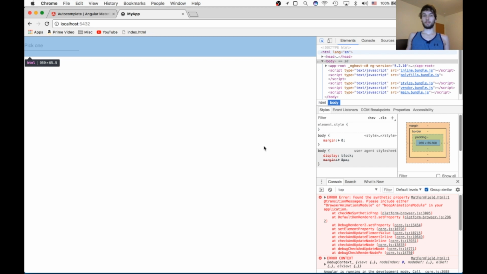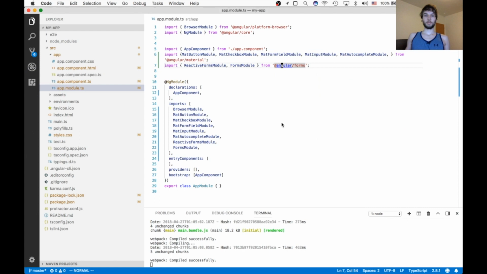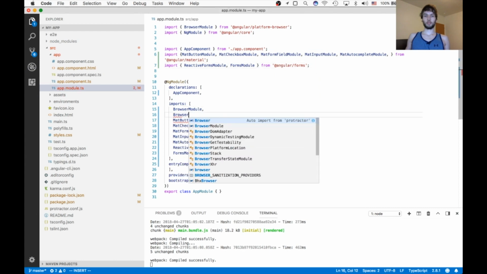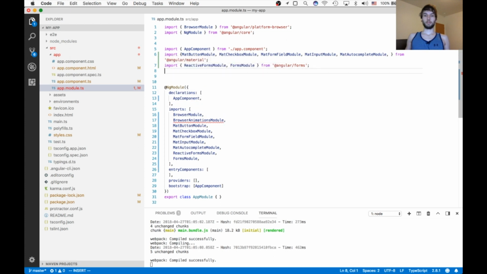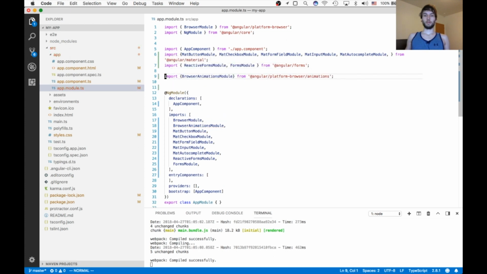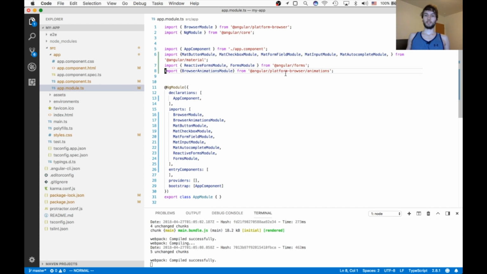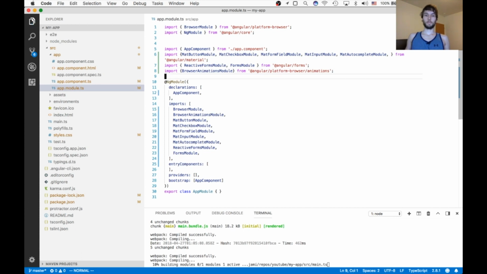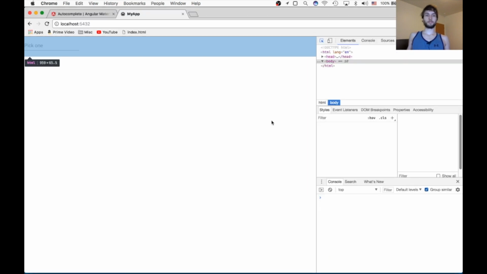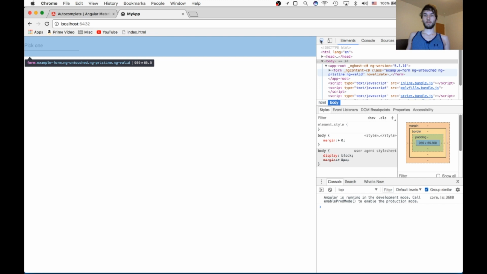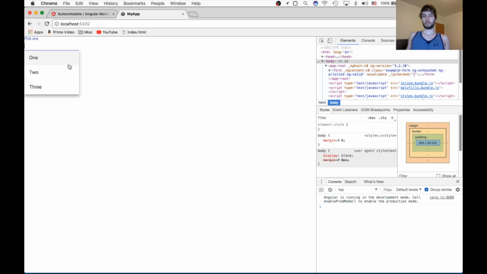So we also need browser animations module, so let's import that. The browser animations module does not auto import for me, so I'm just going to manually import it from here, from Angular/platform browser/animations. So we'll check that out. Seems to work pretty good. So already we have the most basic one working,